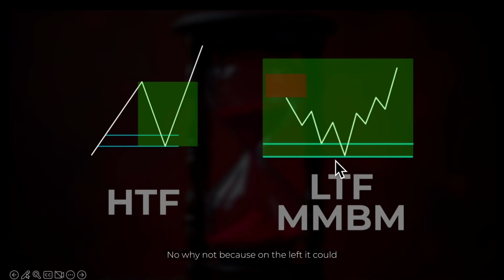No, why not? Because on the left it could be a monthly chart and on the right it could be a daily chart. What I would like you to see is that I didn't put in a specific time frame for the higher time frame and the lower time frame. And the reason why is because everything is fractal. And therefore what you must note is that regardless of what time frame you're looking at, as long as you know what a higher time frame is and a lower time frame, you can anticipate where these swing formations are